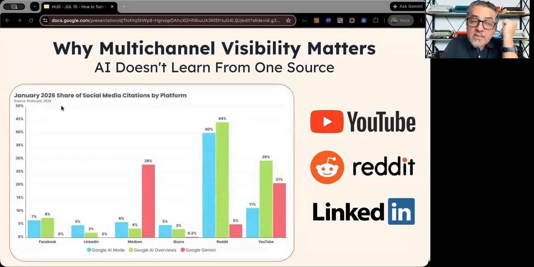But if you're a local business, what's on the Chamber of Commerce website is not easier to fake. So what we've seen is that for local AEO, for example, people need to care about Chamber of Commerce websites and things like that that you might not have thought about in the past, but now they're critical because AI is gonna trust the Chamber of Commerce website more than your website. So think about those things.